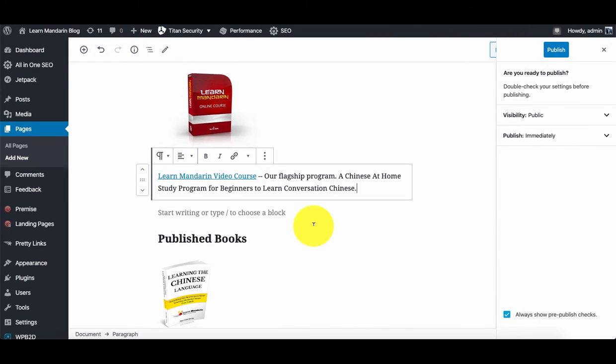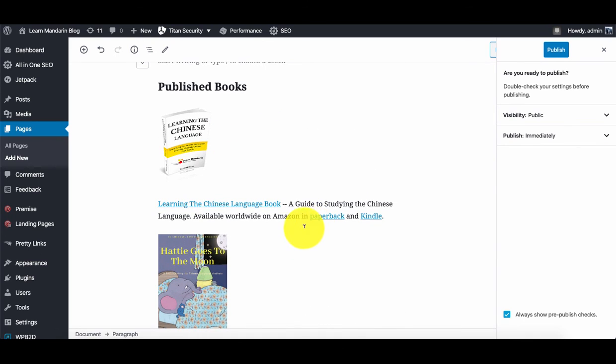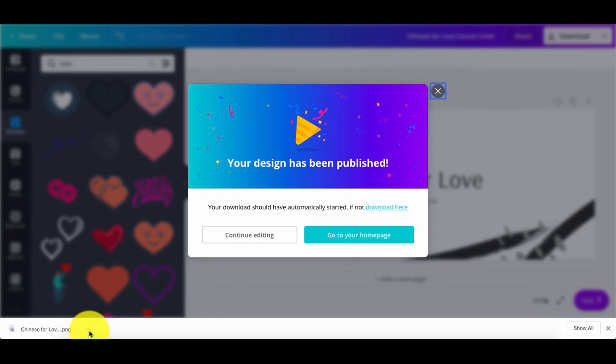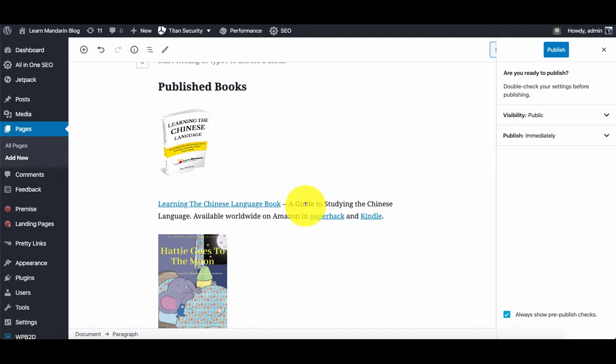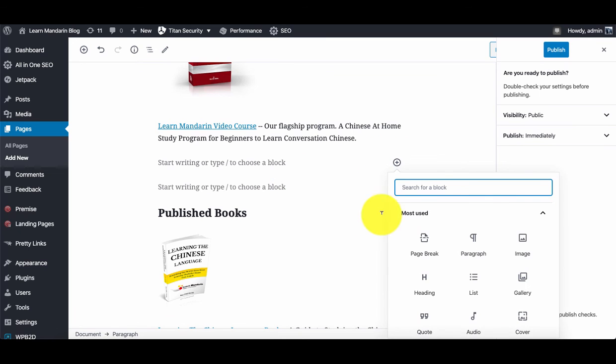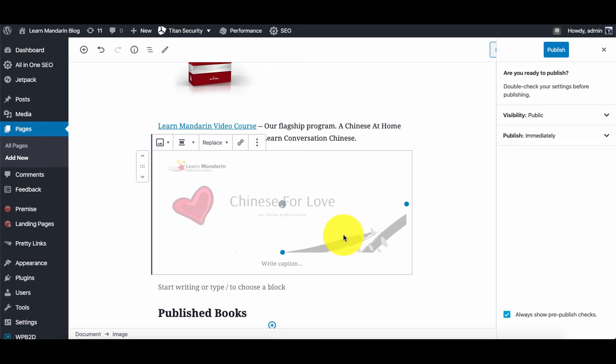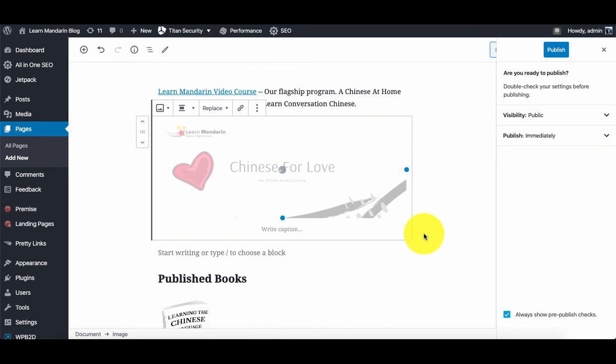Okay, so this is where I'm adding all of the images, and let's go back here. Okay, so now I'm going to add this as an image here. Image, and then upload. And then let's choose the image. And voila,